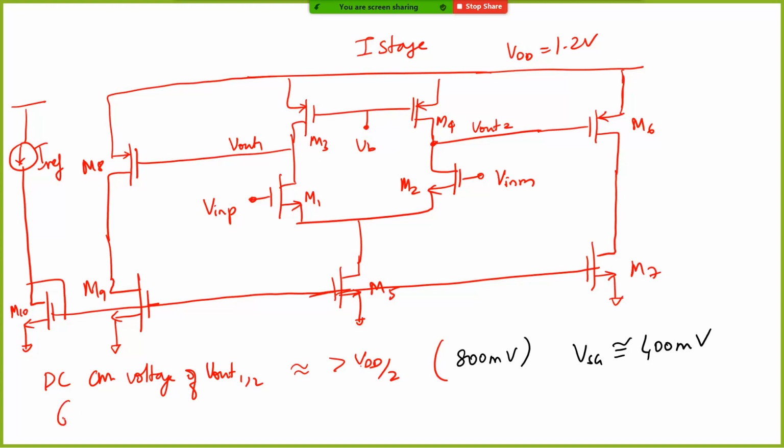So, gain equation can be written as what? The product of the two gains. Right? So, what is the gain of the first stage? Gain of the first stage can be written as GM1,2 times, let's say, R02 parallel to R04, because it's 1, 2 or 4, 3, whatever it is. Okay. This multiplied by the gain of the second stage. What is the gain of the second stage? It is GM6 into R06 parallel to R07. Okay. So this becomes your gain expression. Basically, it is the product of the two gains.